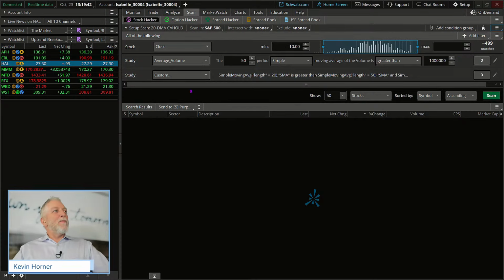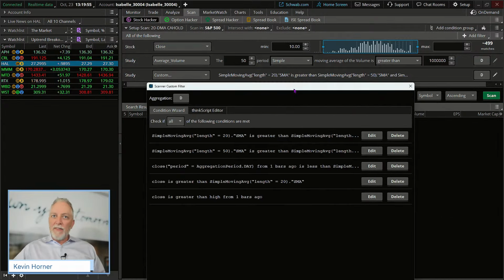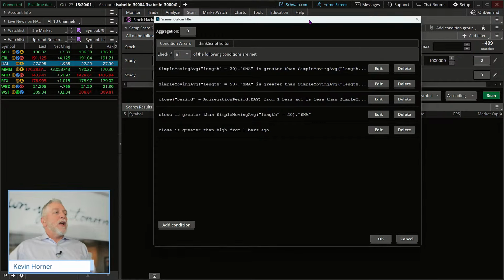Okay. Going back to our basic studies now, I'm going to open this up with the pencil. Now, this is where it gets to be a little bit fun. I appreciate that, Thea. Yeah, you're right. I've done this before, but I'm going to show you some smaller or additional customizations here that I think will help you out. So yes, we're talking about finding stocks that are already trending, right?